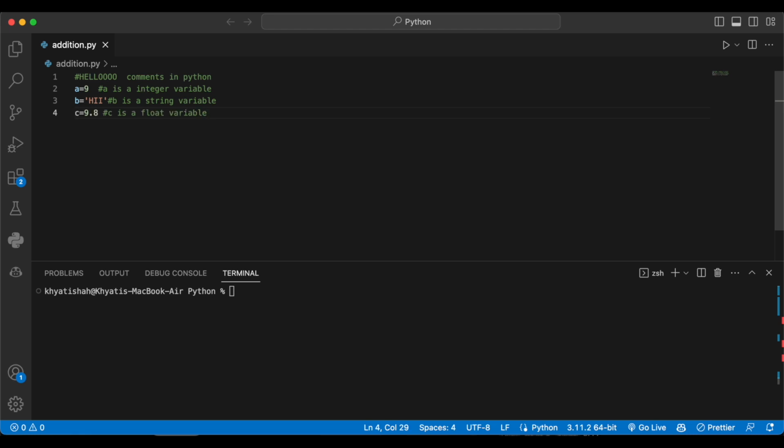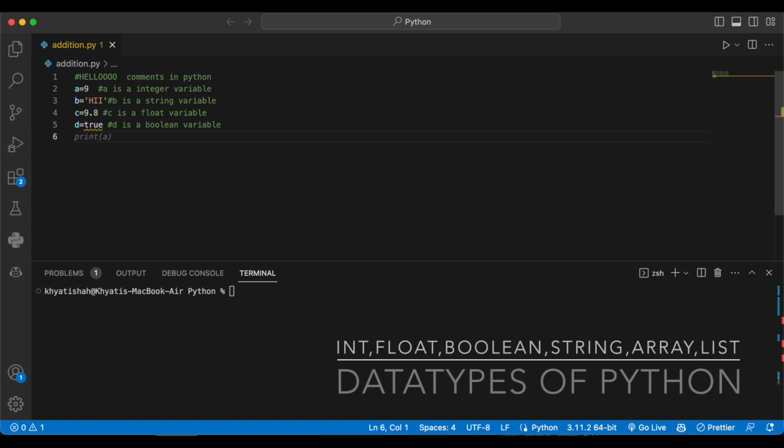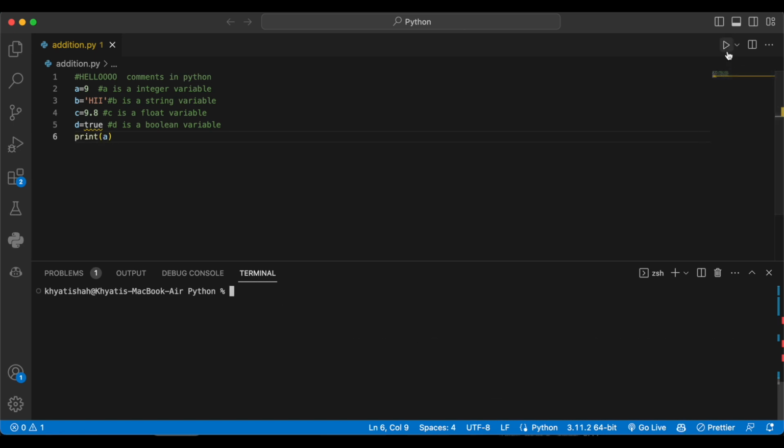Similarly, c, if it is 9.8, c will be a float variable, and d over here, if I were to write d equals True, then d becomes a Boolean variable. All of these are your data types in Python. Okay. Now, if I were to print a,